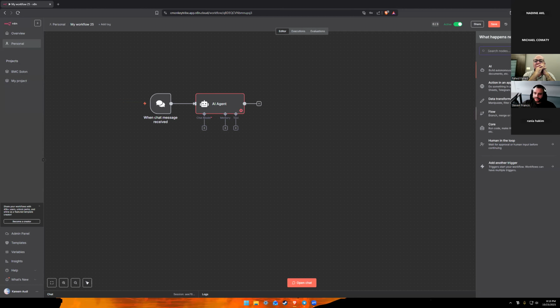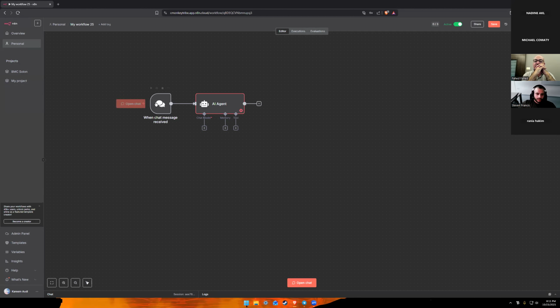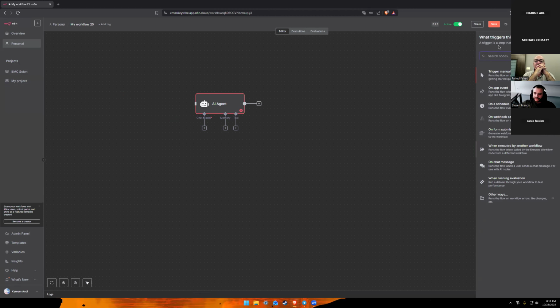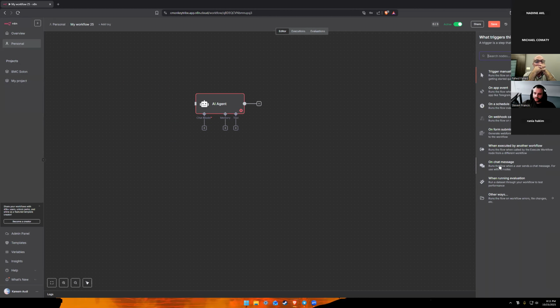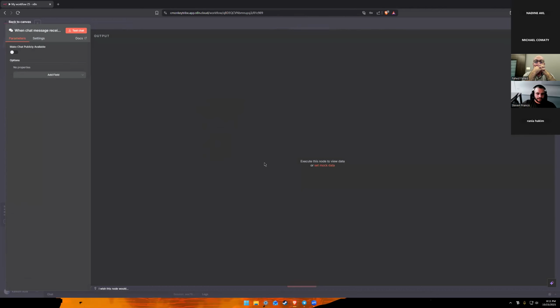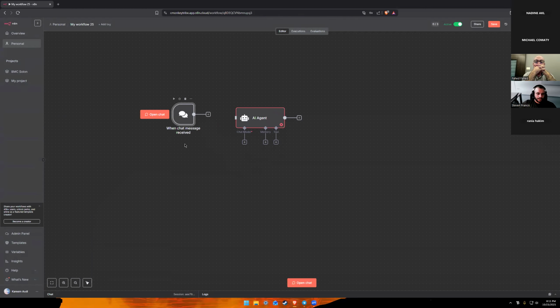We can press tab and this interface opens, so I can see every node available. Let me delete it so it will show. Here I have triggers. The first thing that appears whenever the workflow is empty is the triggers. I can put a trigger manually, so I can press to trigger the workflow, or a trigger on chat message. That's it. Now I need to connect the